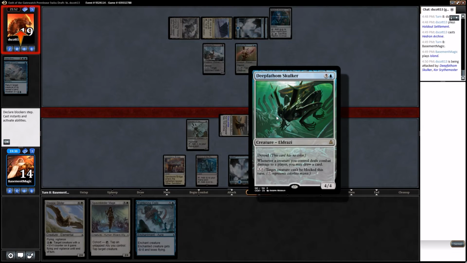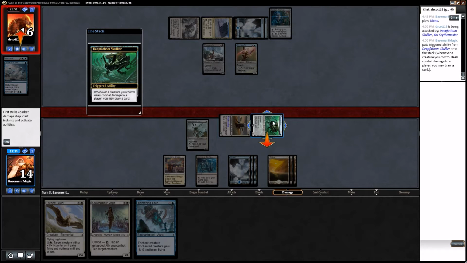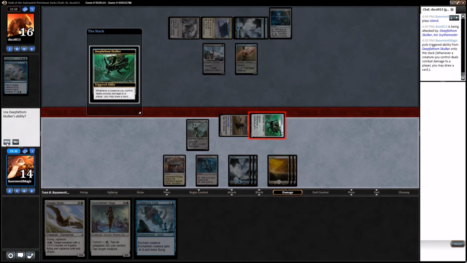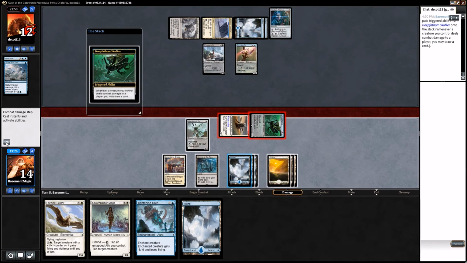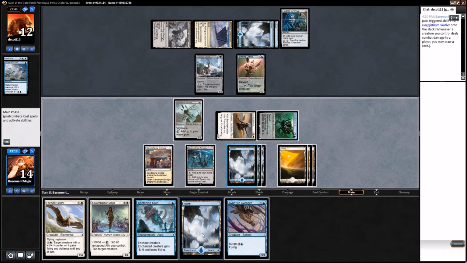This is going to draw me 2 cards. Whenever a creature you control, you may draw a card, right? Oh, I was wondering why it was only 1 trigger. Okay, there we go, because of first strike. Of course I want to draw a card. Alright. So we must have already played a land. Okay, so...